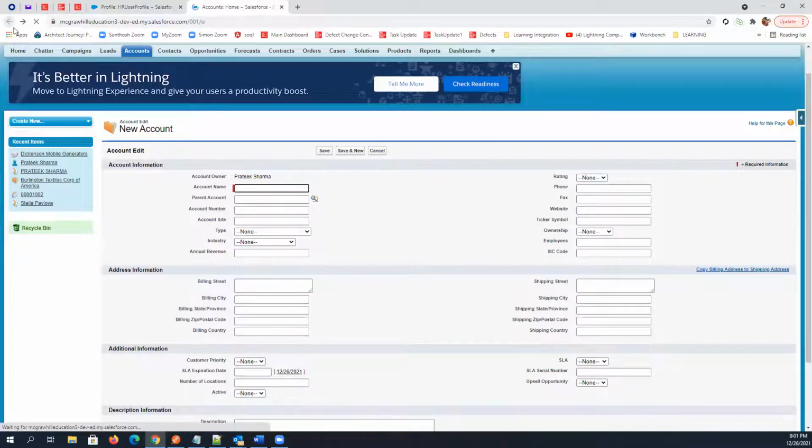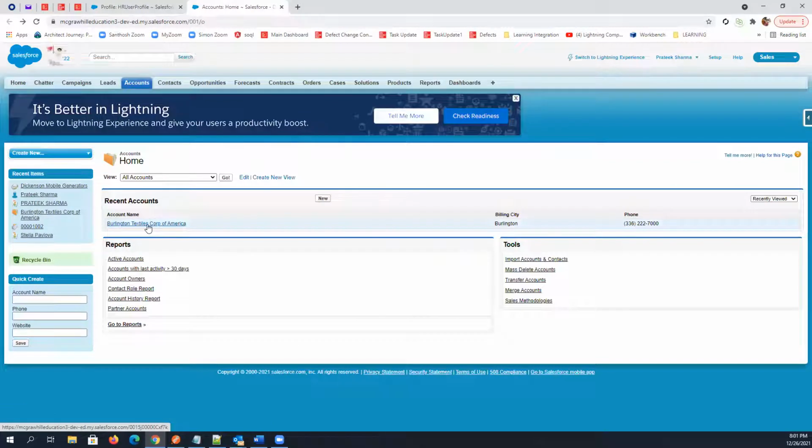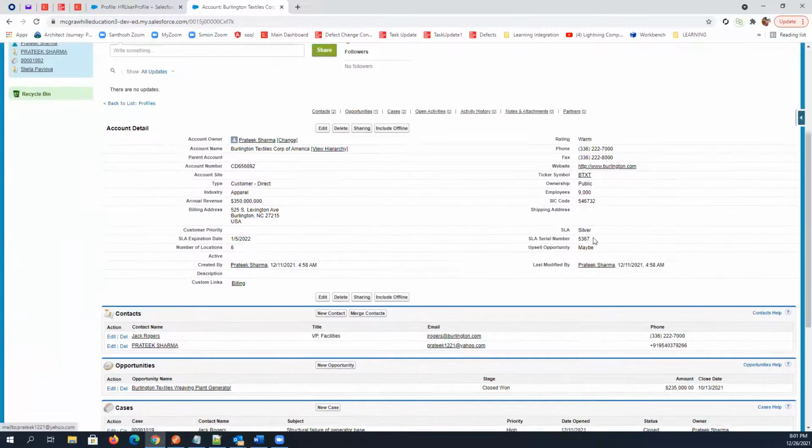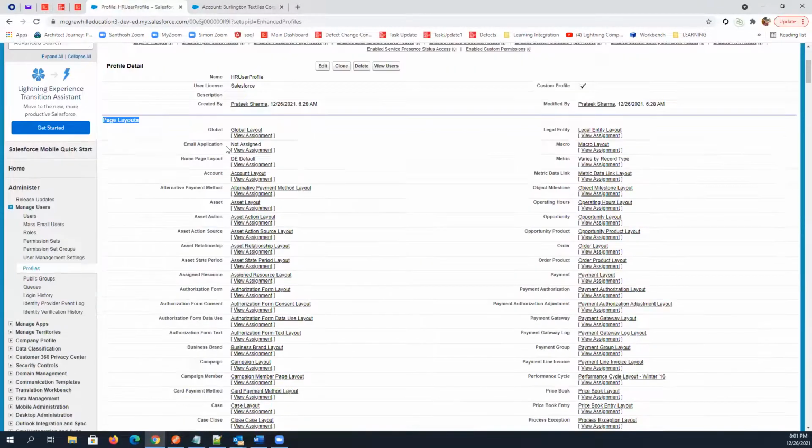Even this particular record page is also called a detailed page layout, right? So these are page layouts. And what we have here is what all the page layouts are that this particular profile will give you, right?